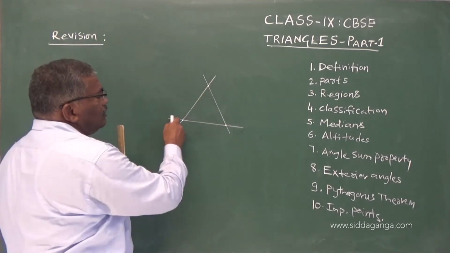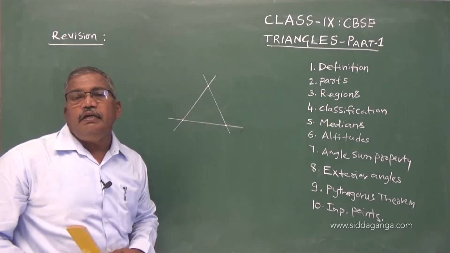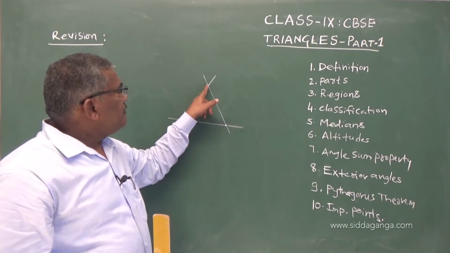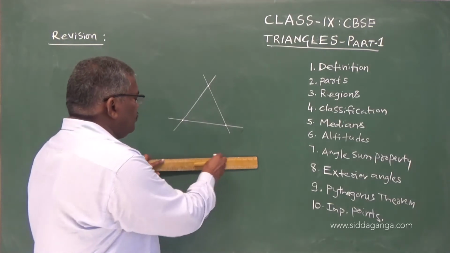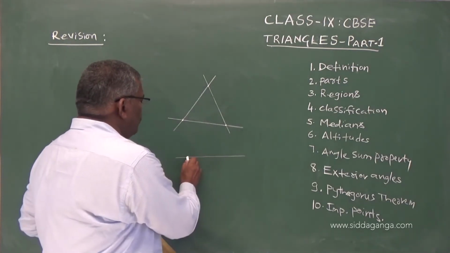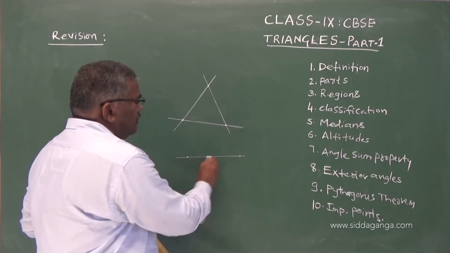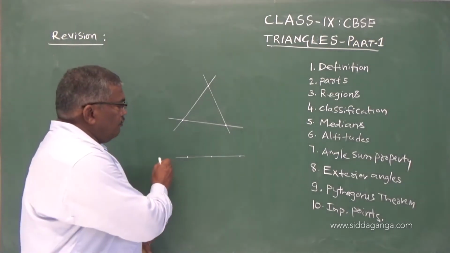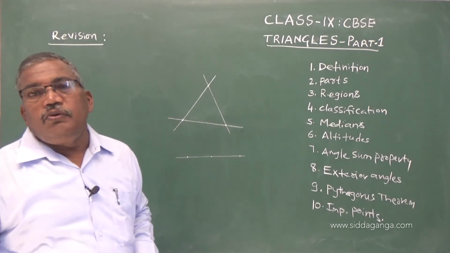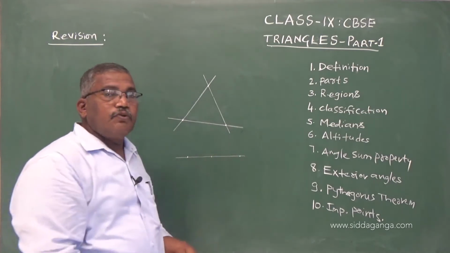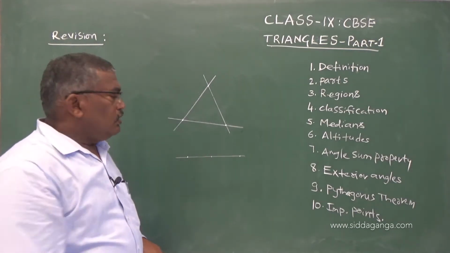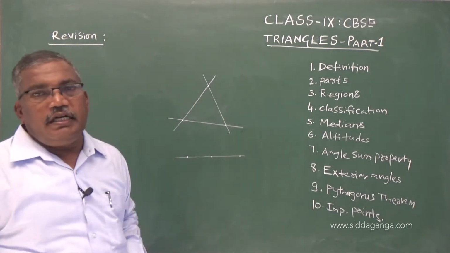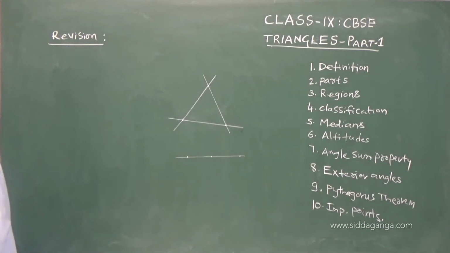As you can see, there are 3 straight lines. To form a triangle, at least 3 points shall be there, and they should not be collinear. If points A, B, C are in a straight line, then a triangle will not be formed, because we can draw only one line through 3 collinear points. So here we need another point on either side of the straight line, so that we can join them and form a triangle. Therefore we define a triangle as a closed figure.